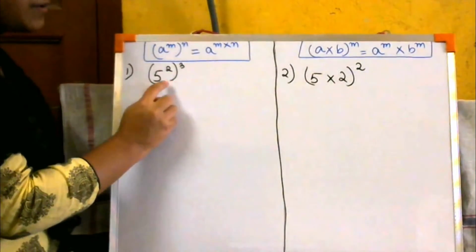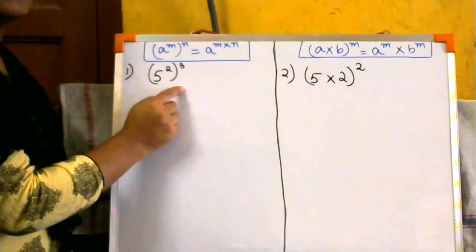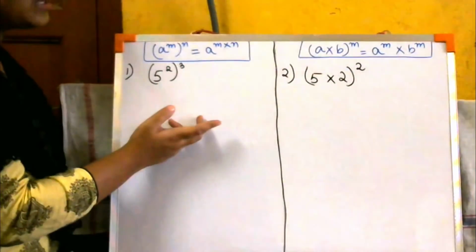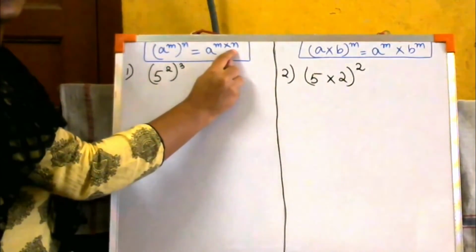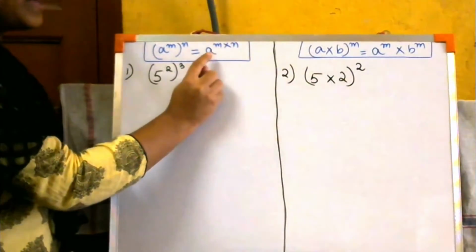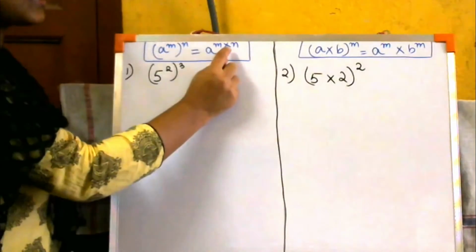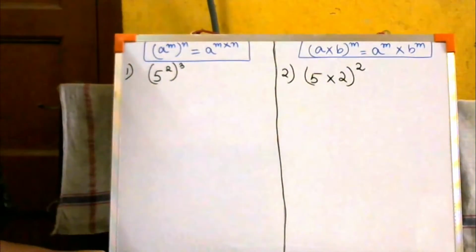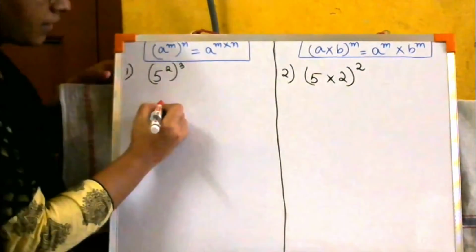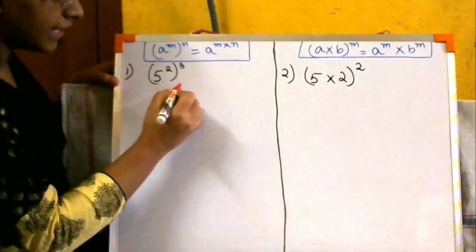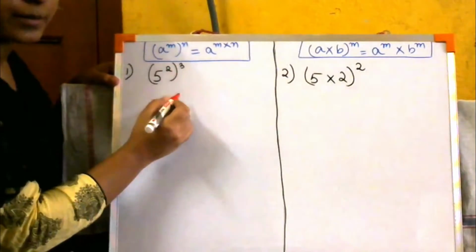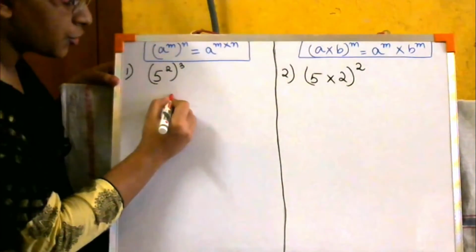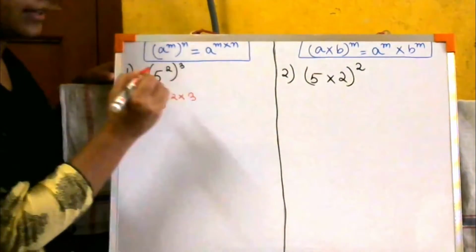Your sole purpose will be to open the brackets, and when we open the brackets, what are we going to do with the powers? We are going to straightly multiply the powers. ठीक है? बेस का कुछ नहीं होगा, बेस जैसे वैसे ही रहेगा, सिर्फ पावर्स का लिए काम है, ठीक है? So we are going to multiply the powers. So let us do this sum. So 5, I am opening the bracket. तो बाहर क्या होगा? पावर ऊपर लिखना है. So 2 into 3. Clear?